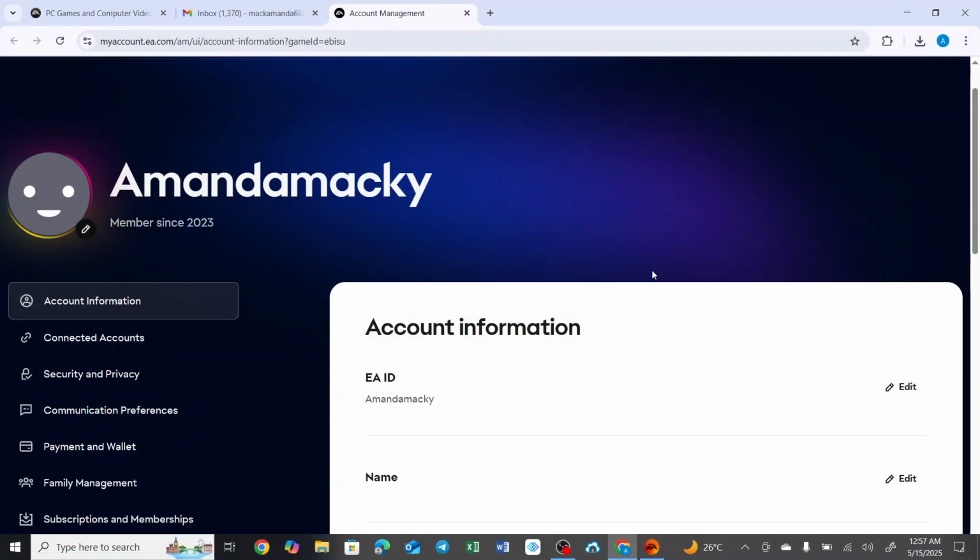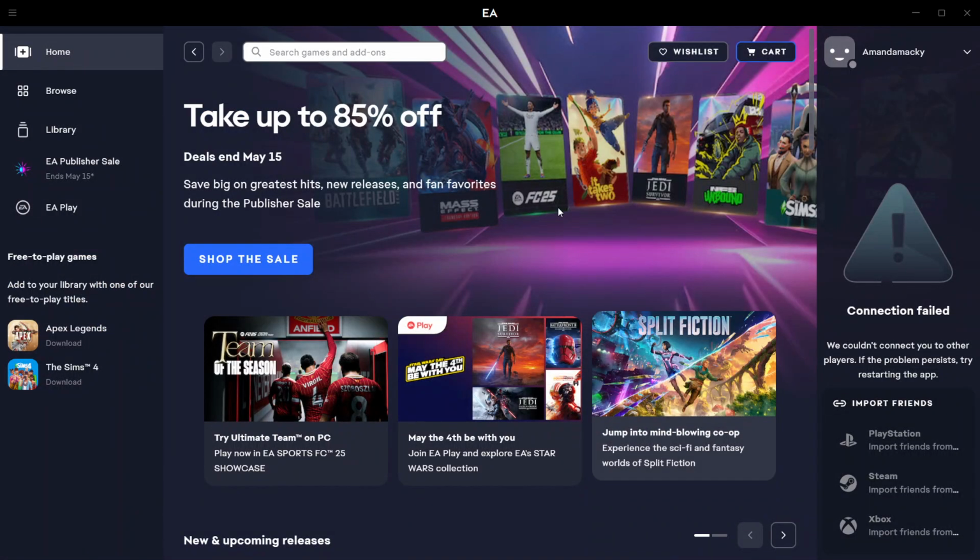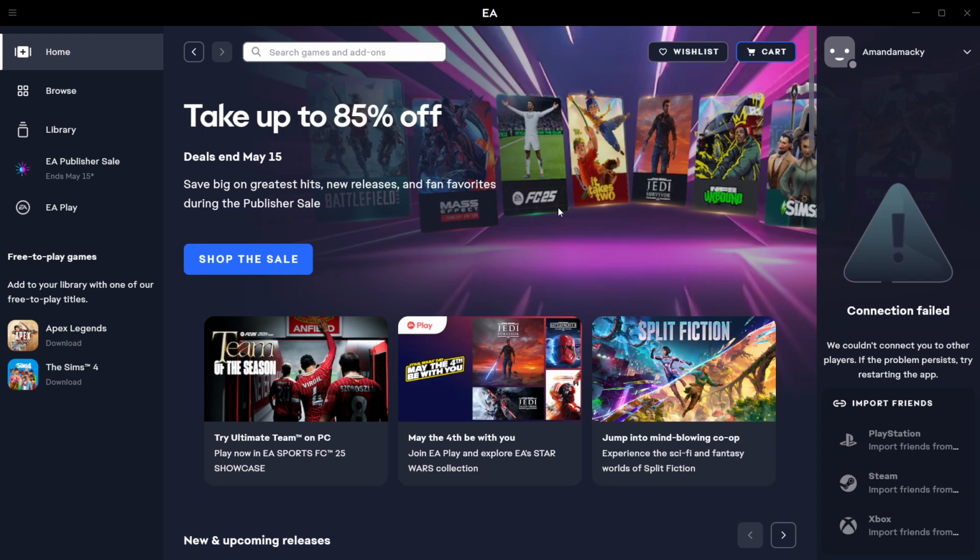Hello, in this tutorial I'll show you how to add a payment method to an EA account. So whether you're gearing up to purchase the latest EA titles, subscribe to EA Play or manage in-game purchases, adding a payment method to your EA account is a straightforward process, and I'm going to walk you through a detailed